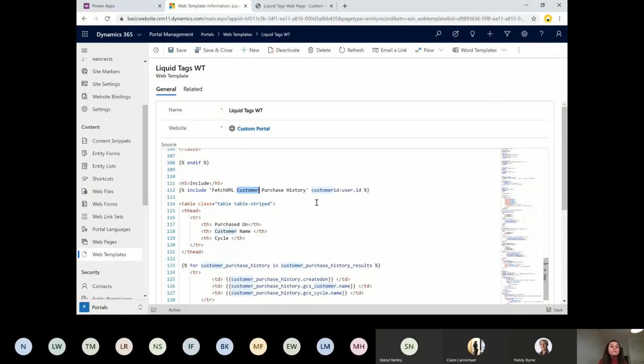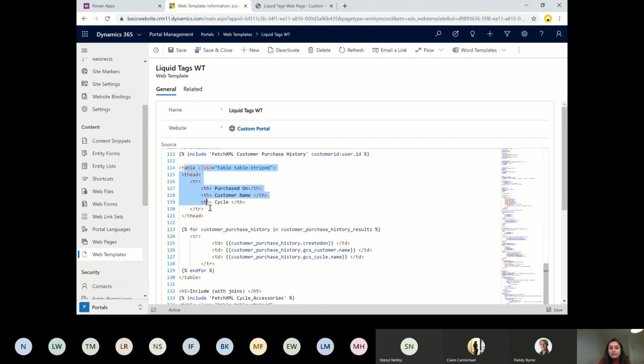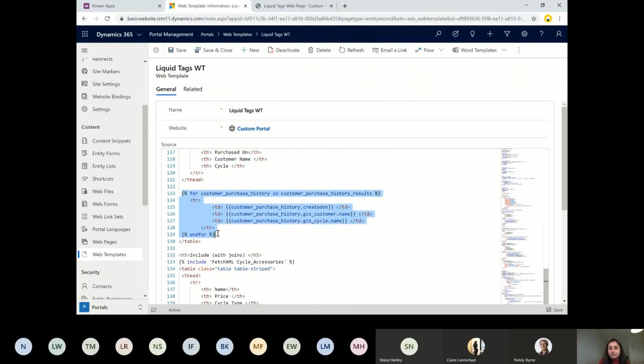If you see that code is using too many lines, just separate it into multiple web templates and use them here. But that particular web template has a dynamic parameter called customer ID, so I'm passing that from here. We'll be seeing that web template too, again forming the same table and passing the values directly.